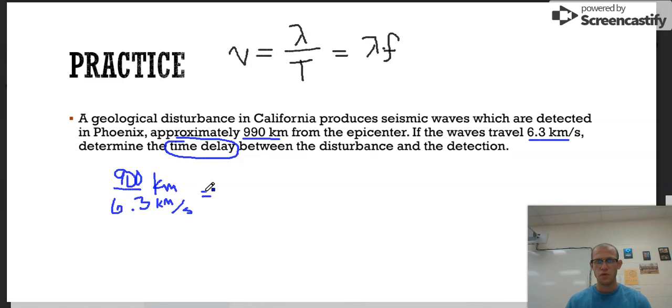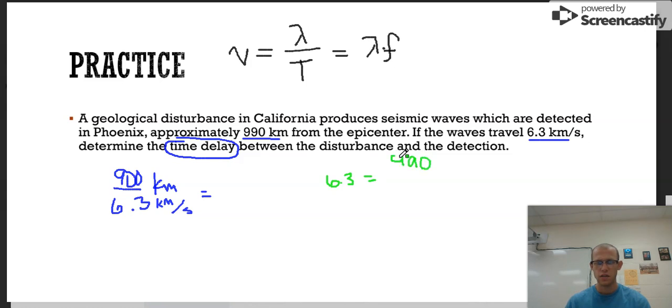If you did want to use a formula, let's think about what one you would use. Well, we know the velocity, so we'll plug that in: 6.3. We know a distance, which would be the wavelength part. So we know lambda. So are we looking for period or are we looking for frequency? Period has a time or an answer in seconds, a time quantity. Frequency has an answer in hertz. So we don't want frequency, we want the period. So we're looking for wavelength, which is